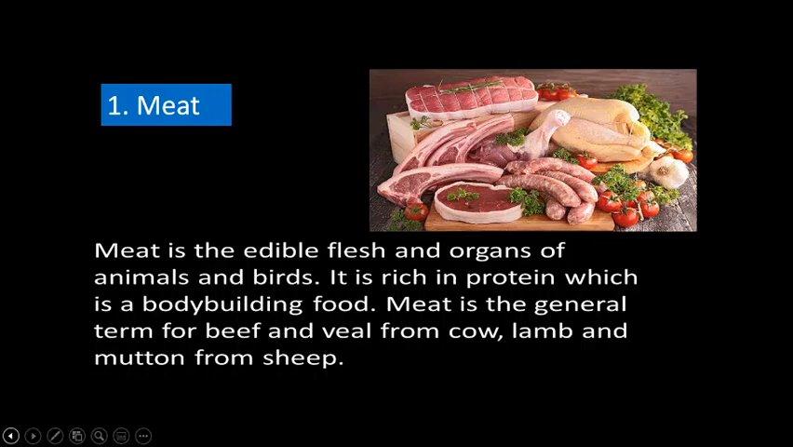So meat is the general term for beef and veal from cow, lamb and mutton from sheep, right? We have chicken as well. So these are all different varieties of meats available here as well. It's nothing new. Every one of you should know this, right? We have these different varieties of meat in our freezers at home. Okay, so let's move on to the next type of food,